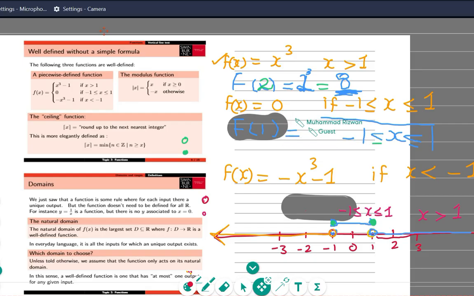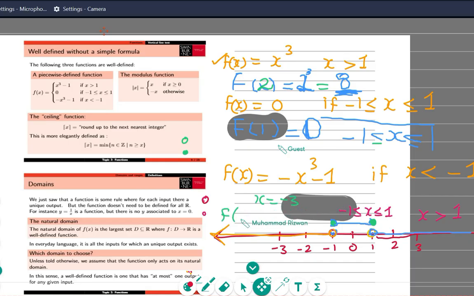But if you are putting 1, what is the answer? Here it is 0. It is a constant, okay? So you are getting a single output, clear? Single output. If you put any value, x equal to minus 3, you are also getting